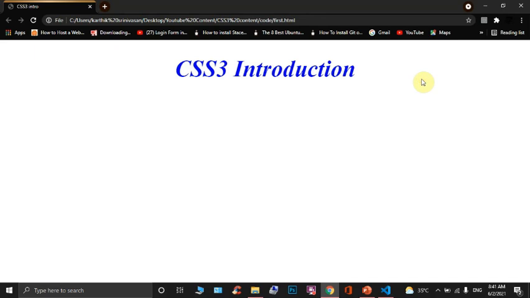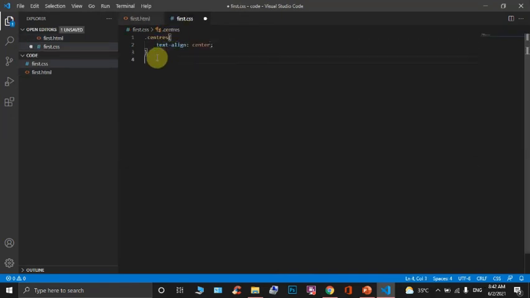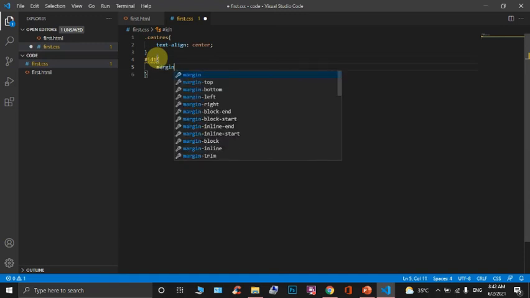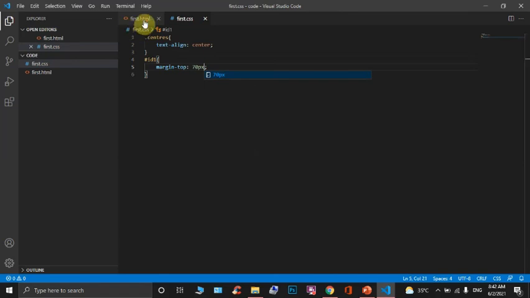Now we should bring the CSS3 introduction downwards. Let us do it with an ID also. This ID1 has margin top as 70 pixels.